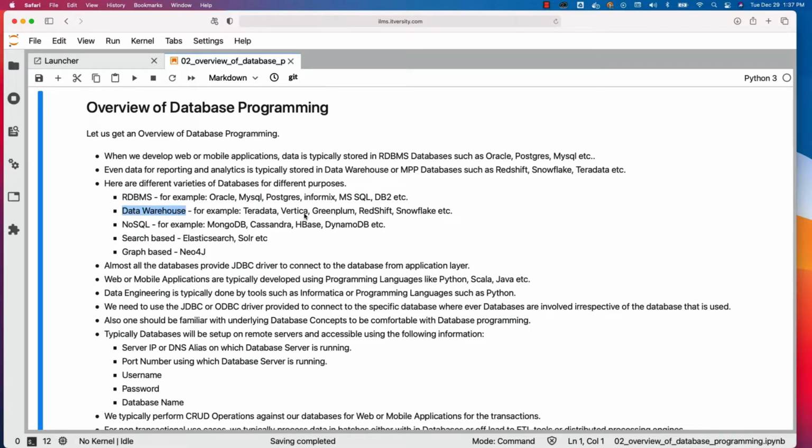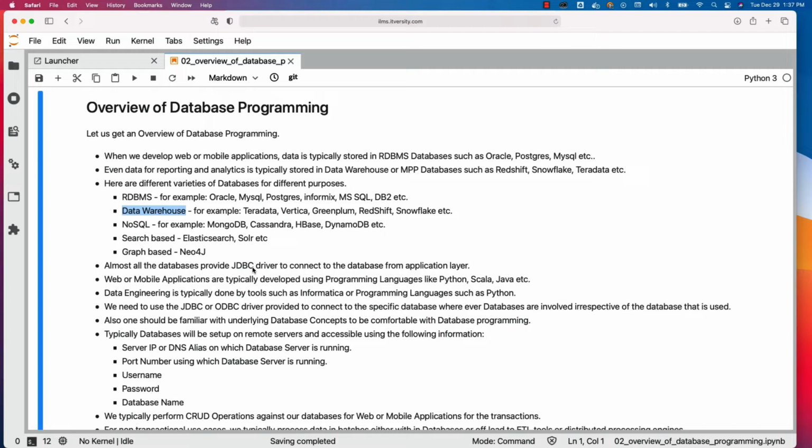When it comes to use cases such as recommendation engines, endorsements, and profiles of individuals on platforms like LinkedIn, Facebook, etc., typically they use databases such as NoSQL. When it comes to search-based applications, we typically use Elasticsearch or Solr as databases. Same is the case with graph, where we have to identify graphs depending upon individuals or products, etc. There we use graph-based databases such as Neo4j.